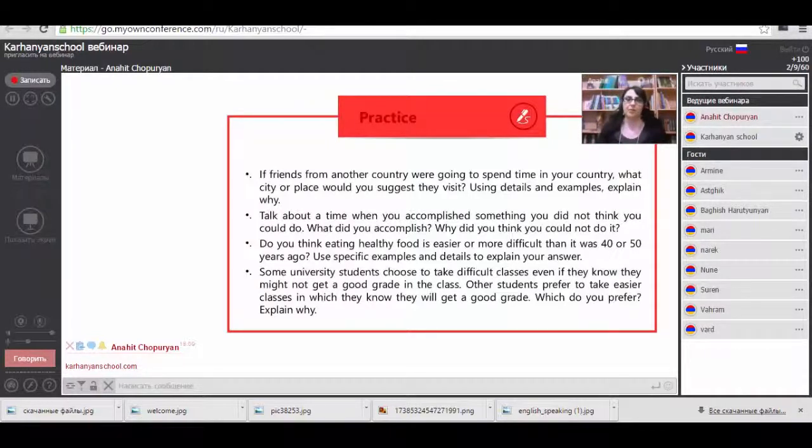For example, I would recommend to visit our Asian temples. And then explain why. They contain a lot of history. While visiting them, they can get a lot of information about our history, about our roots, about our ancient culture. And then it is also fun because while traveling there, they will have to overcome a lot of obstacles.